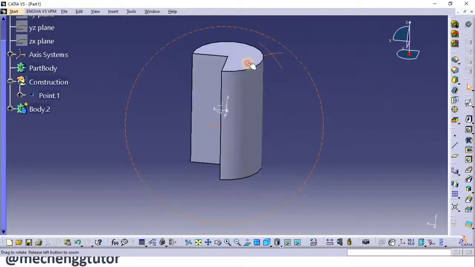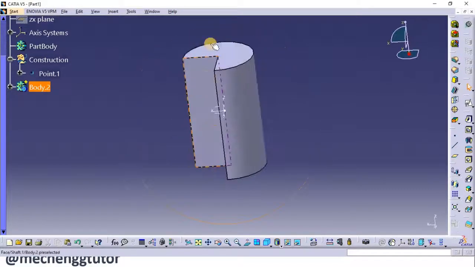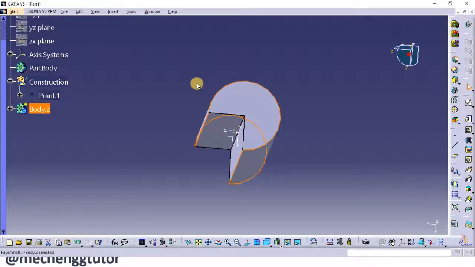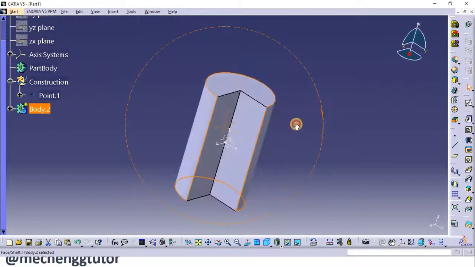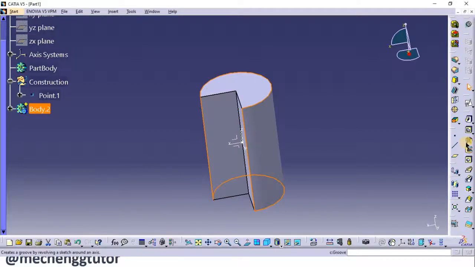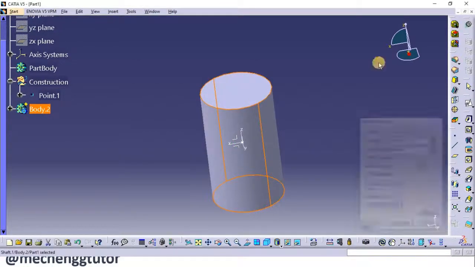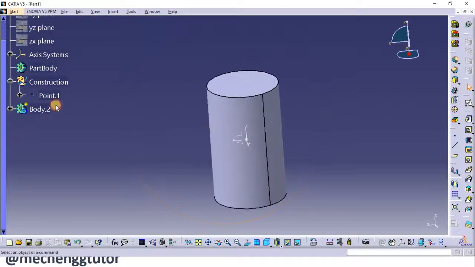So this way I can have different types of sketch formation over here with the shaft command, whereas doing this type of sketch using the pad command, that is drawing a sketch normal to this, you can consider a sketch in this particular shape is slightly difficult to draw. So in such type of situation, the shaft command is widely used. So now here I change back this to 360 degrees and say OK, a complete cylinder is done.